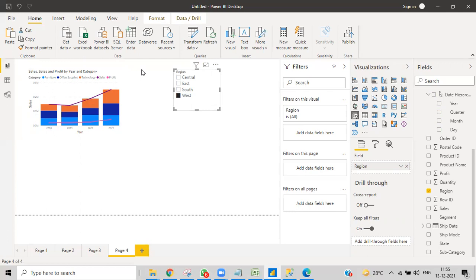Whenever we want to give the user the option to select something, and based upon that we want to filter something, then obviously we'll go with this particular slicer. It's not the end of this topic. When we go and practice this DAX or whatever it might be, we'll have one complete session on this, because it is an important thing.